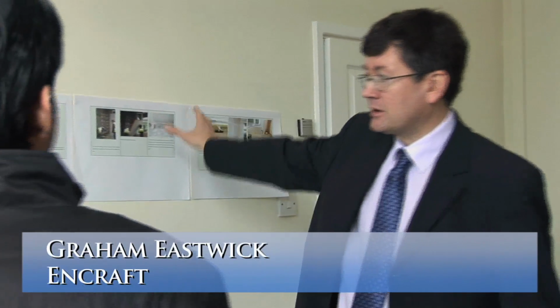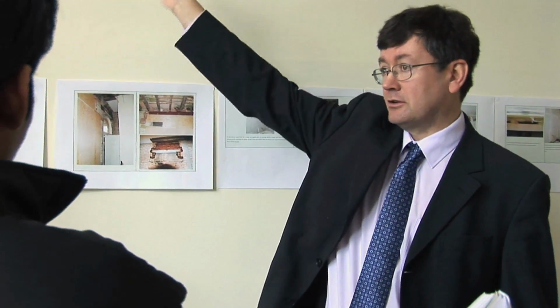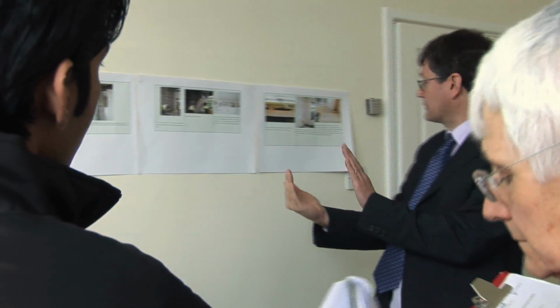So what have we done in here? Well, first of all, this partition wall here was taken out, as you can see in this photograph here. That allowed us to fully insulate the front wall of the house, but making sure that we didn't get cold bridging in by the windows. We also made sure that we insulated right up into these floor joist areas, so we didn't have cold bridging between the walls. 100mm of insulation has been put there onto metal stud work, so there's a small air gap